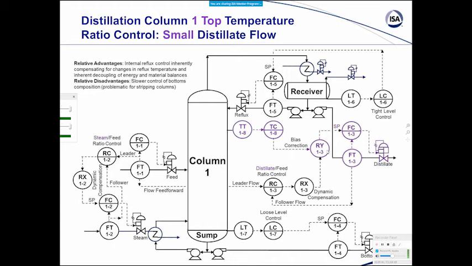With the feed rate being the lead flow, we make sure we ratio control the distillate to feed in this case, and also the steam to feed in terms of the boil up for the column. But anyway, let's get back to the fact that temperature control is manipulating the distillate flow. In order for that to affect the column, it has to be done by means of the level controller, because it changes distillate flow. That doesn't affect the column until the level changes here. And it's not going to change that much, particularly if it's a horizontal receiver here.